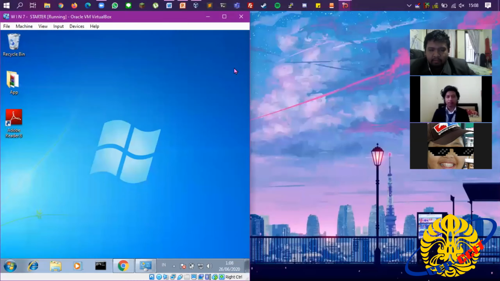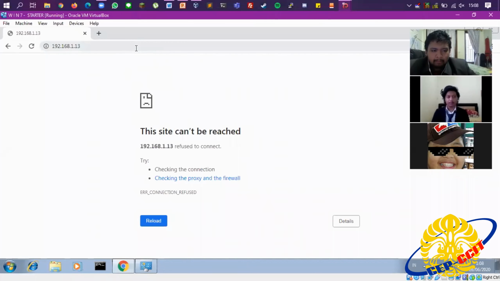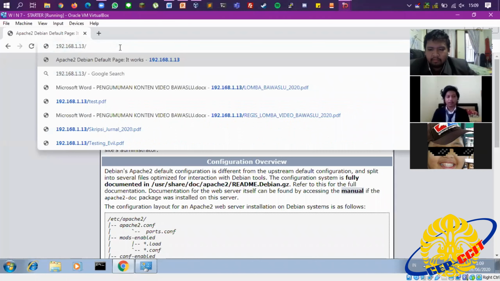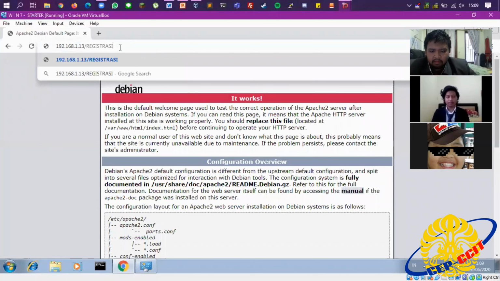Then we open the browser, Google Chrome, and go to the IP of the server. In this web server, there is nothing. But now we want to go to the file, so we write the name of the file after the IP.